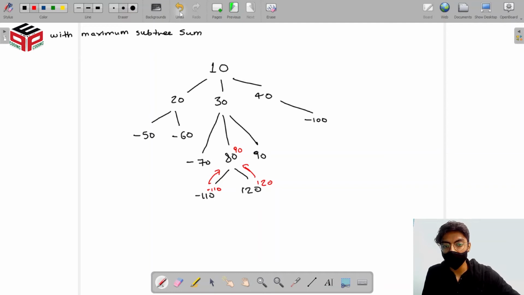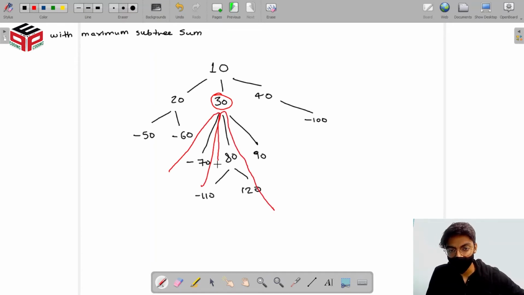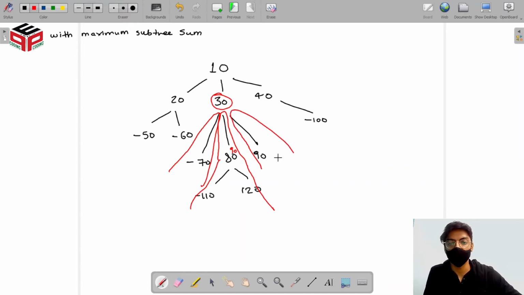A bigger example would be this node. For this node, we have this one subtree, the second subtree that we had just calculated. I'll just write its value here as 90 to save our time as we had calculated it. Then the third subtree is this one.